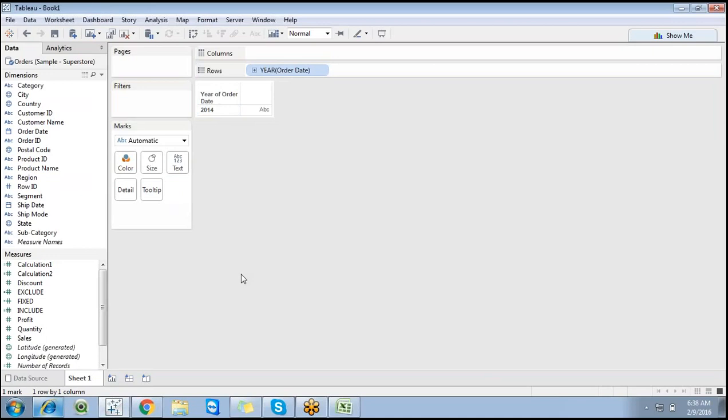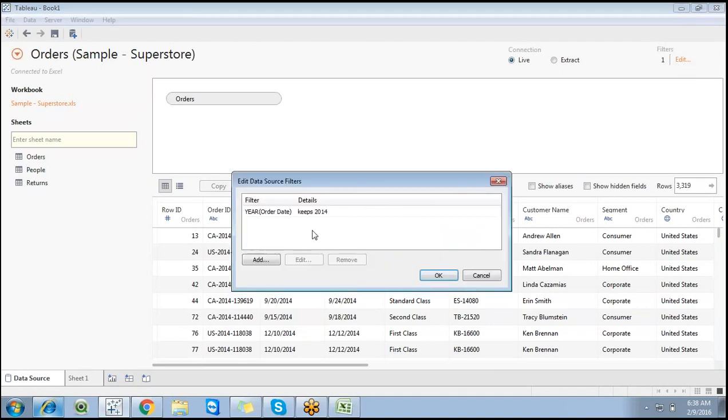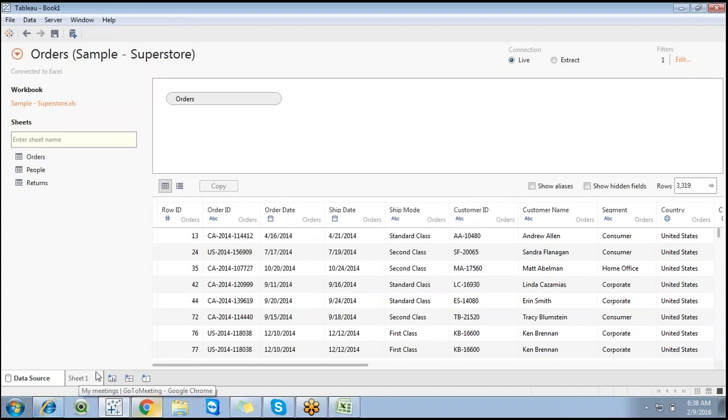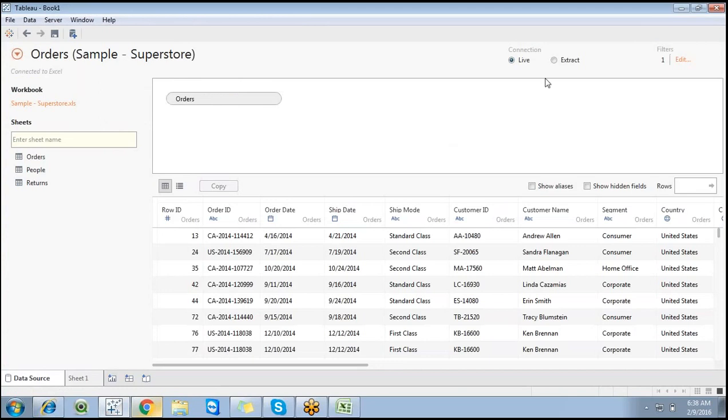So it filters out unwanted data in the backend. Whenever you apply a data source filter, it is going to impact the whole Tableau desktop, the whole data source level. If you don't want to use unwanted data in your reporting, straight away you can filter it out at the data source level.